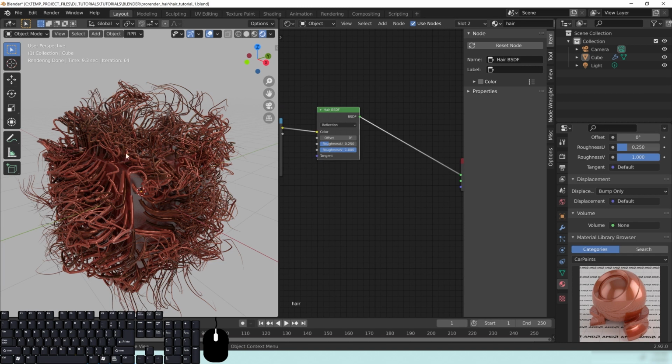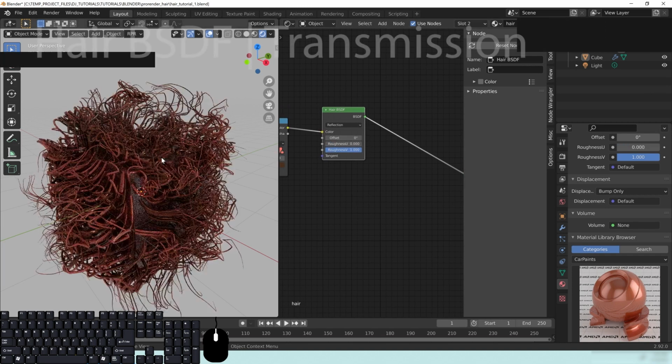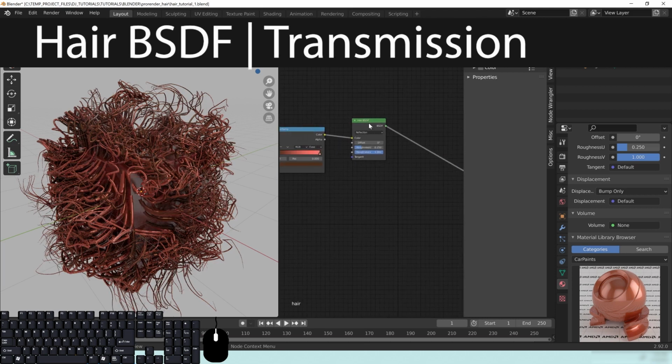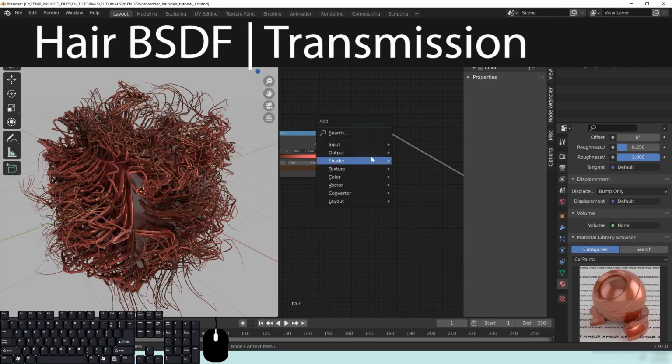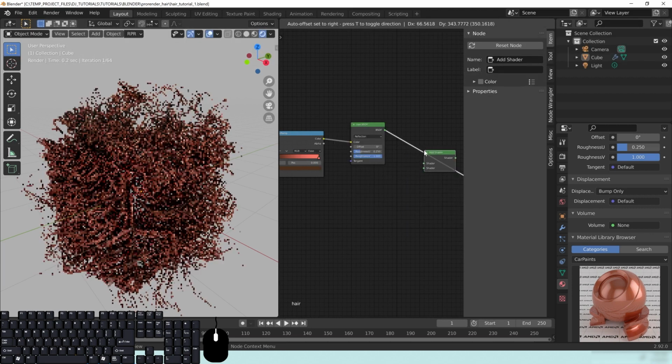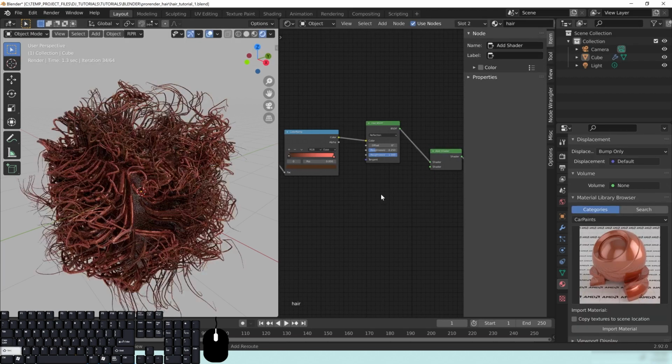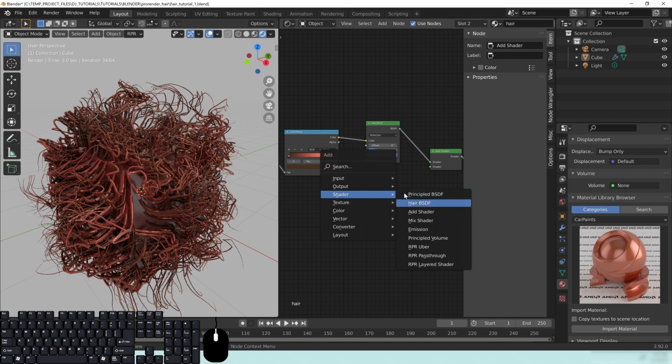And all hair has a little bit of a sheen to it, but not quite as crazy as a zero on here or something like that. Okay, so the next thing that we need to do actually is we have to add another shader. So if you go to shader, add shader, and what we want to do here is go to the hair BSDF,